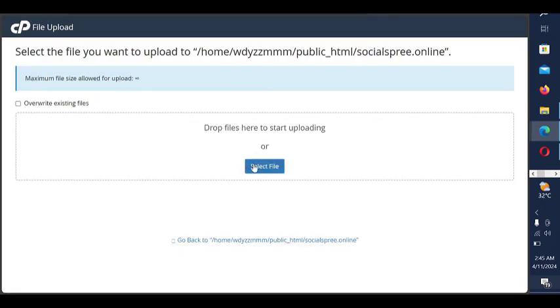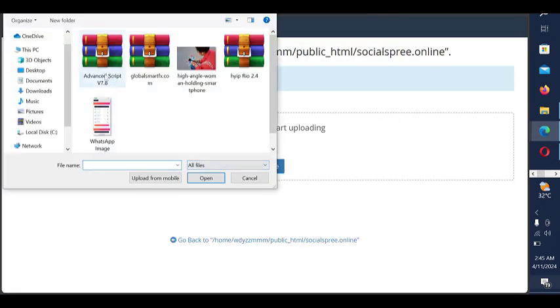And once you click upload, you're going to upload the file itself. So I'm going to click on this. I already have the file on my cPanel already, so I'm going to upload this. Once you click on this, you upload, and once you're done uploading, you go back to your